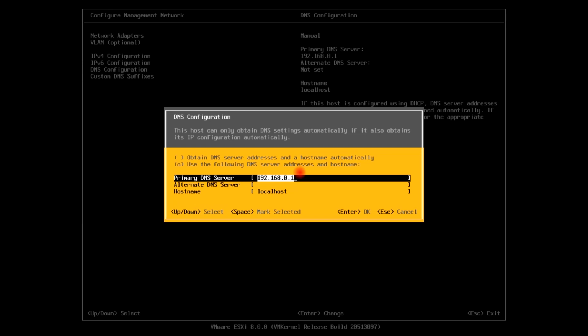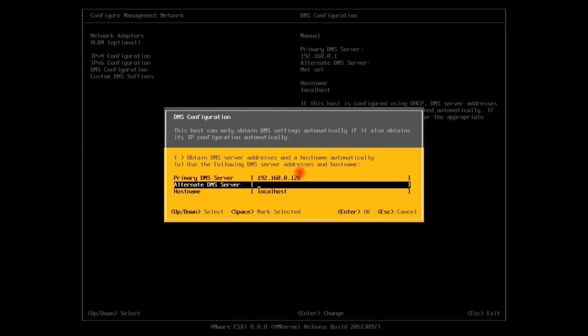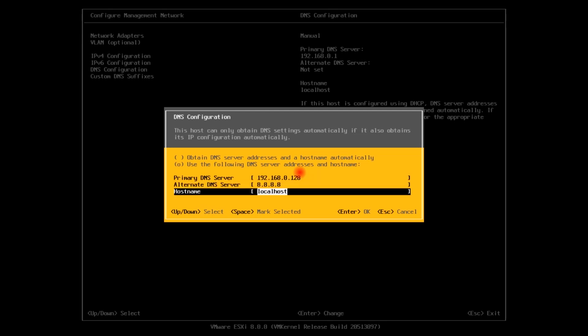Primary DNS server in my network is 192.168.0.128, which is my domain controller. Alternate DNS I will provide 8.8.8.8, and the host name I will provide as ESXi 8 SRV 18, and I will hit enter.